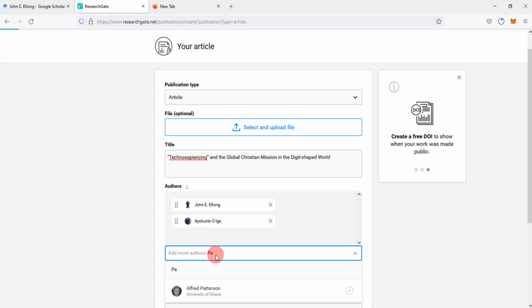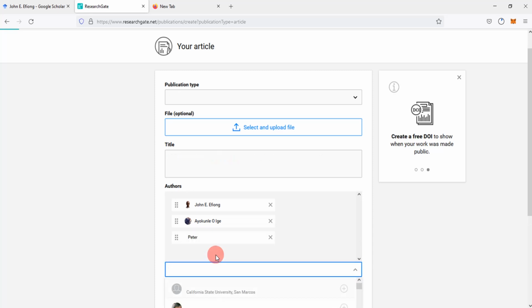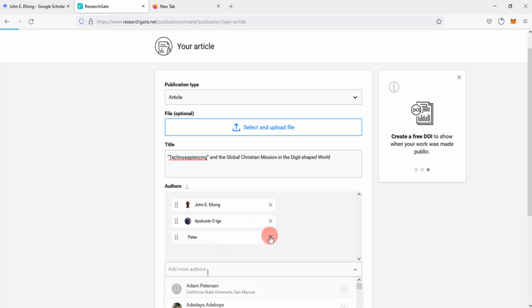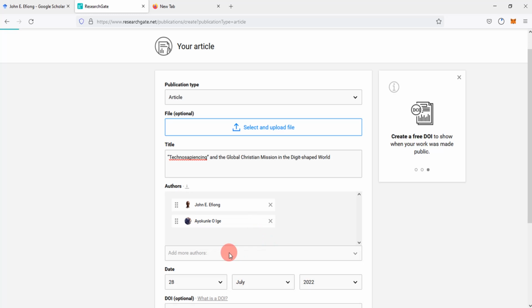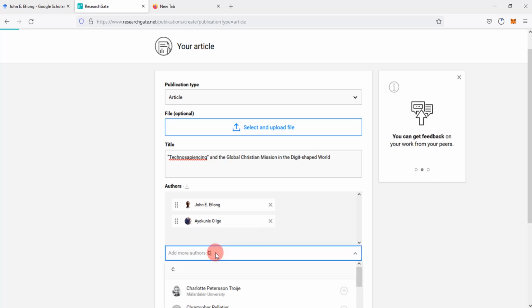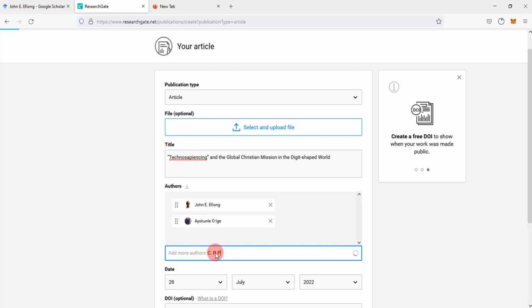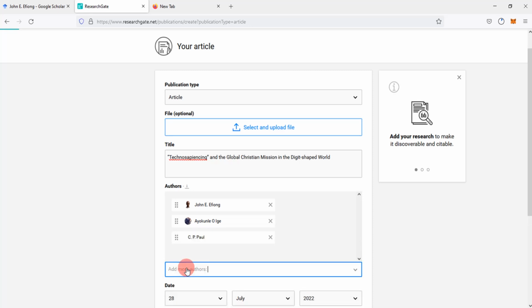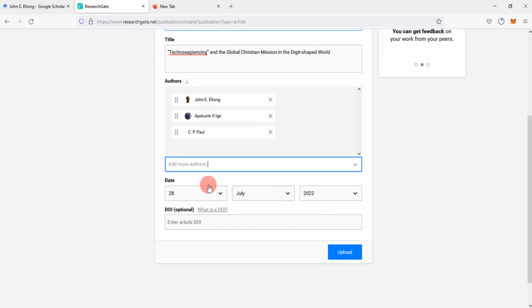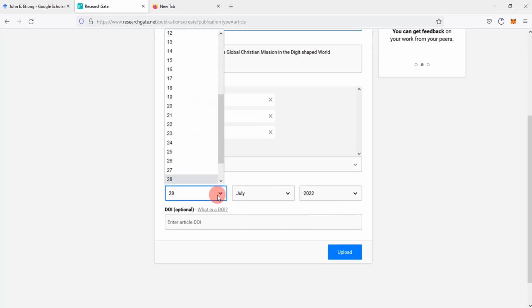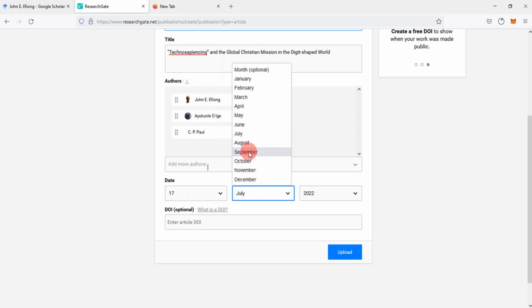So Peter, let's say C P Paul. Maybe that's the author we want to add. And then you can add as many authors as you have on your paper, and then the publication date when that paper was published. You select this and add,